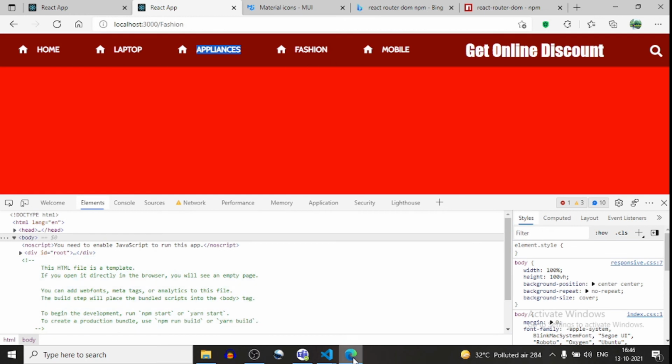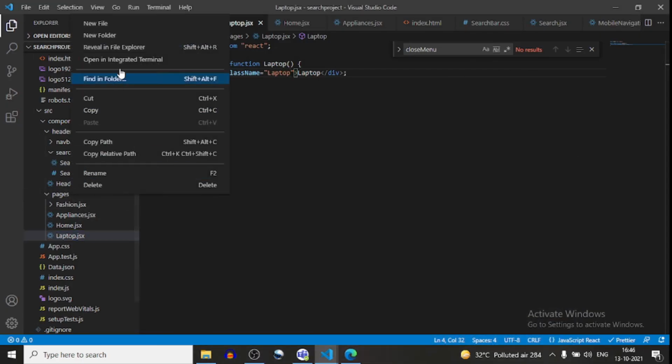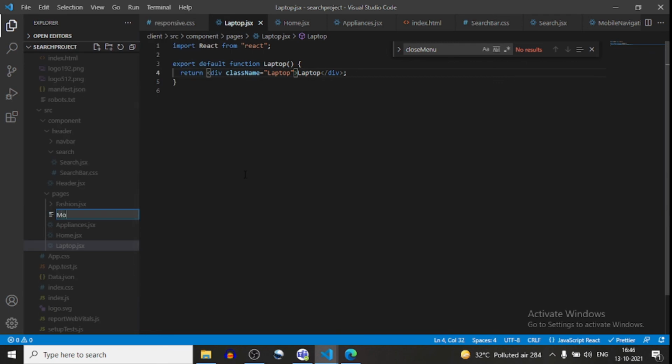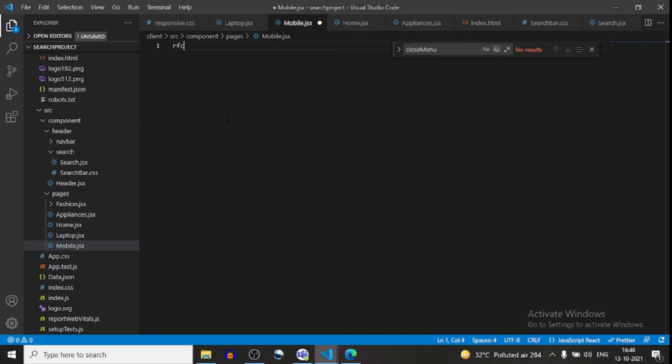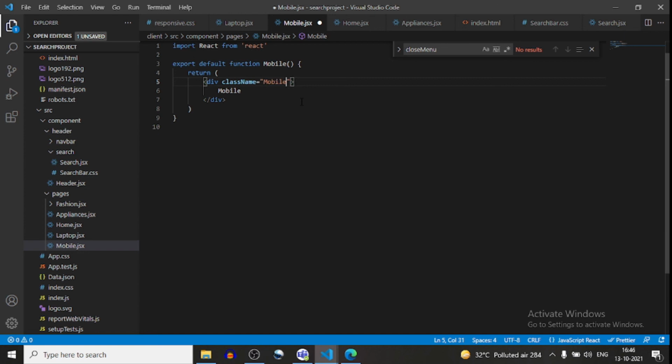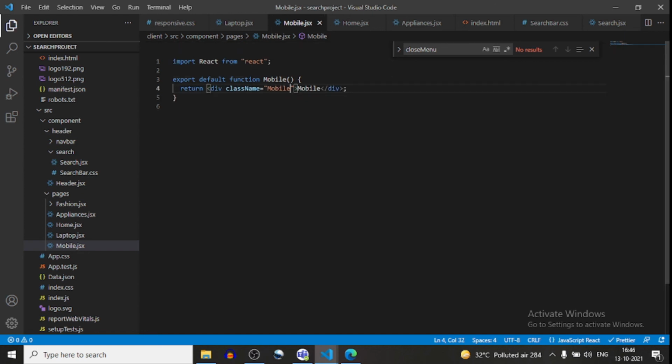One more is mobile. That mobile I will create .jsx. Okay, now it's done. There is one more thing we have to do, that we will go in the header.jsx.